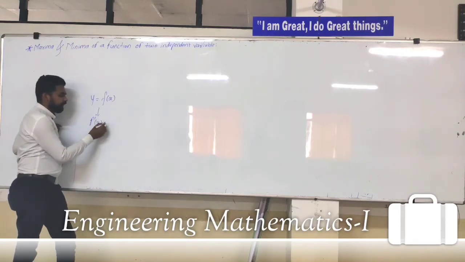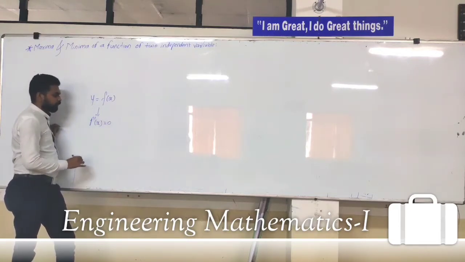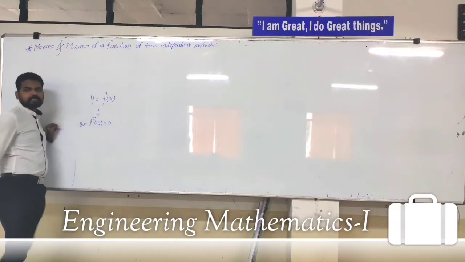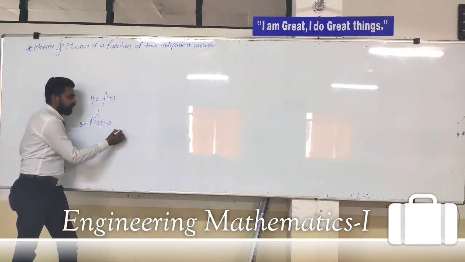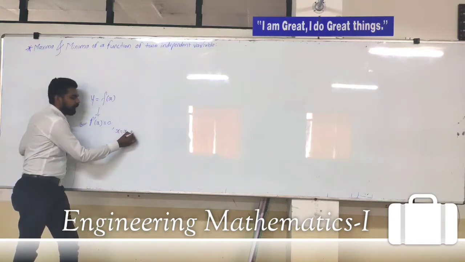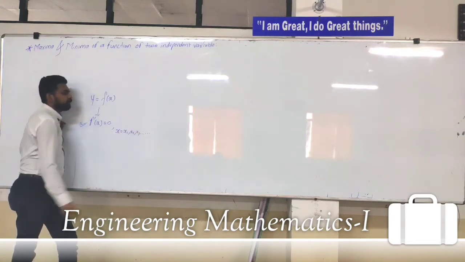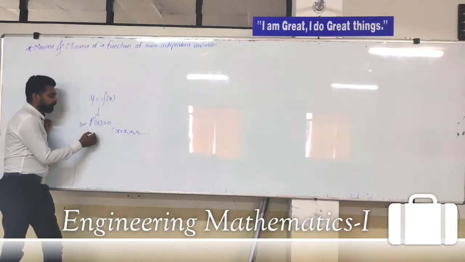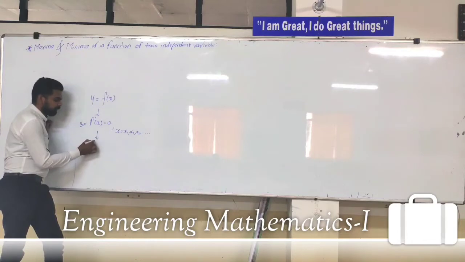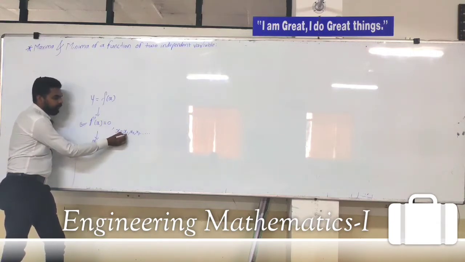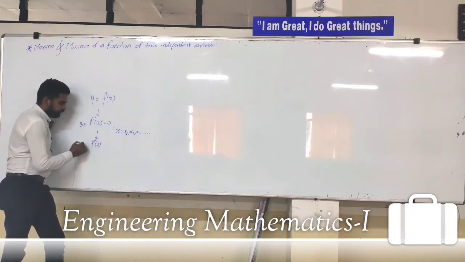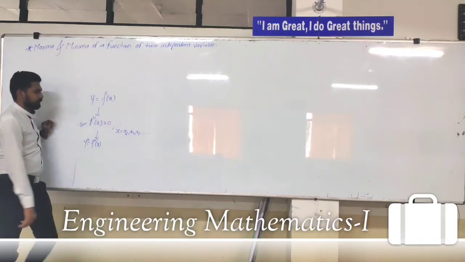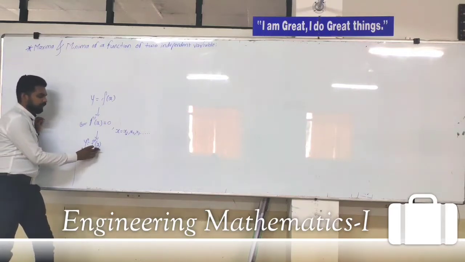We equate this derivative with 0. So by solving this equation f dash of x is equal to 0, we get some values of x as x is equal to x1, x2, x3 and so on. Right? So the f dash of x, we again differentiate with respect to x, and we get the second derivative f double dash of x. If the value of f double dash of x at point x1,